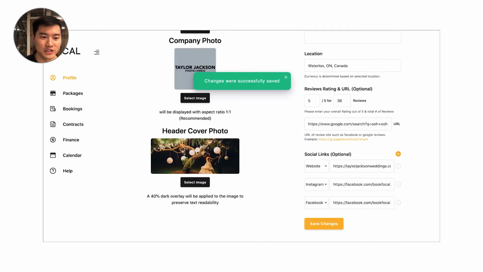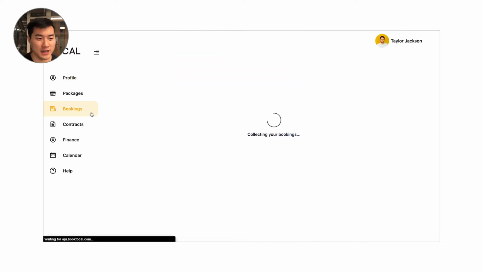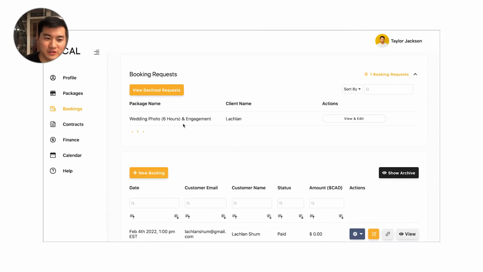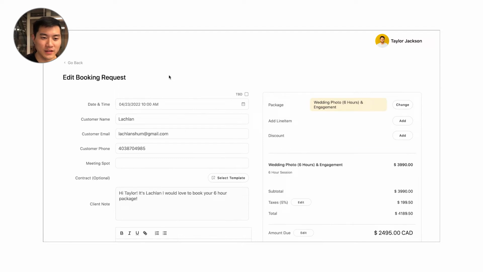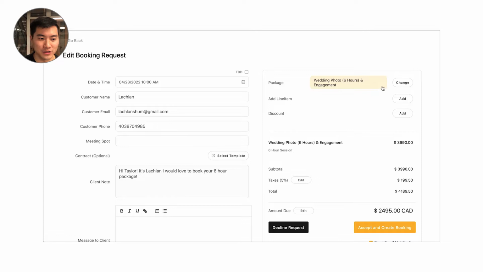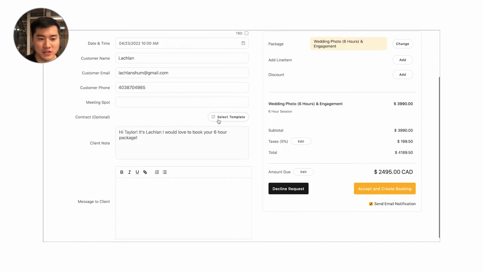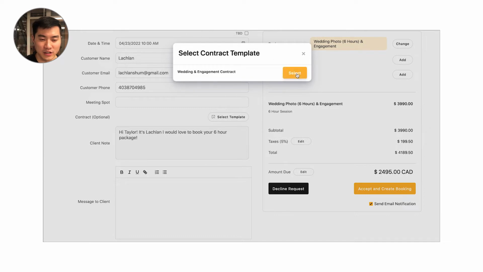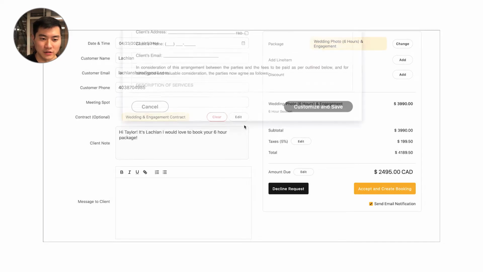So now I'm going to go over to the bookings page. You can navigate to your bookings tab and you can see that new booking request. It's very easy to come in here. You can click view booking. Here's all of my client information. You can see the package that I was looking for. You've got my phone number, and this is where it's really easy to attach a contract and edit the template